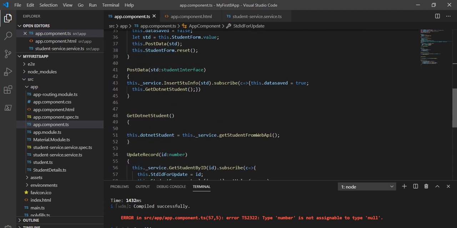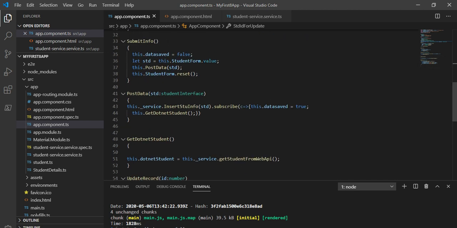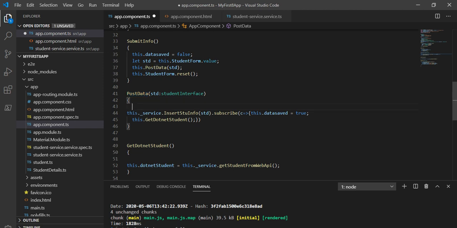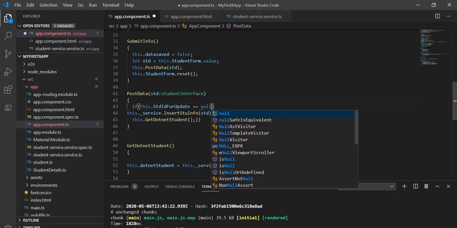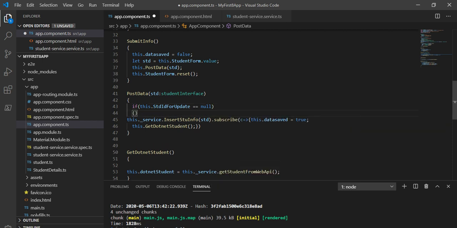Now what we did, we created a function of update record. Now what we have to do, we have to make the changes to this post method, like when we call this, we are going to update it or we are going to insert new data. So I will check the condition of this dot student ID for update. If it is equal to null, it means we are going to insert the new record,